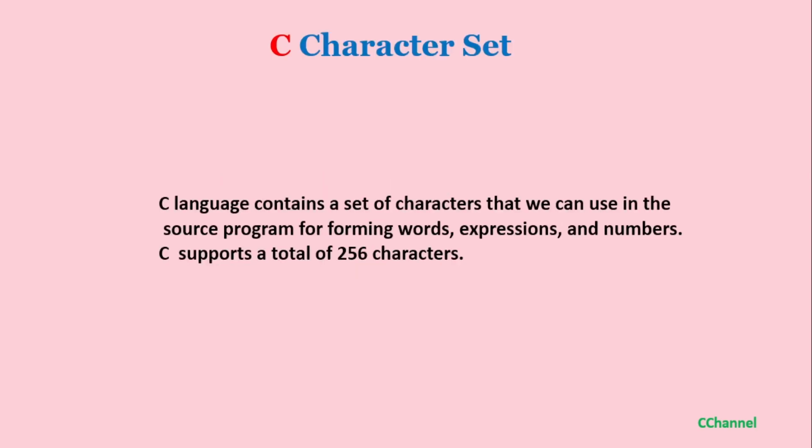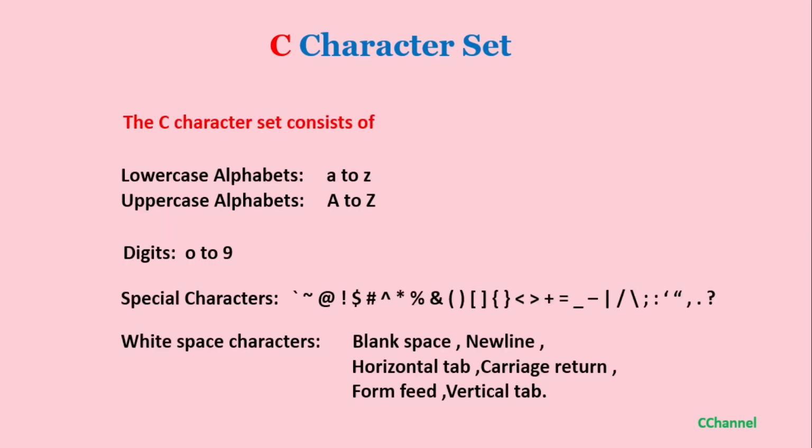C language contains a set of characters that we can use in the source program for forming words, expressions and numbers. C supports a total of 256 characters. The C character set consists of lowercase alphabets a to z, uppercase alphabets A to Z,